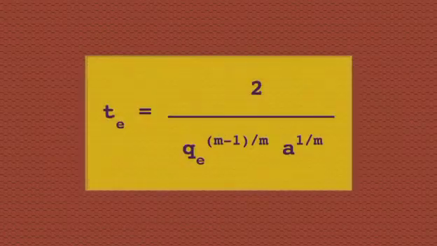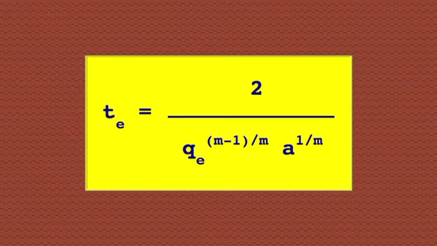Combining the equilibrium storage outflow rating with the equilibrium storage volume equation leads to a general expression for time to equilibrium of conceptual overland flow. In the case of laminar flow, the coefficient B equal A times L to the M equals C sub L, and the discharge depth rating is